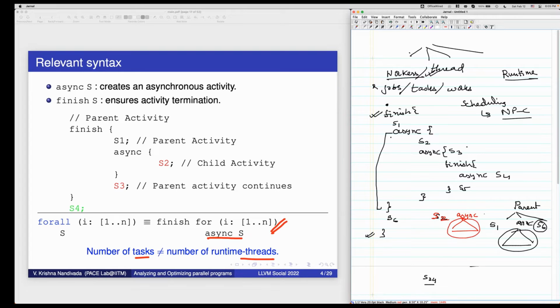If after this async there was a statement, this and this will run in parallel. Inside this triangle again, I have an S3 and a finish. After S3, this finish will start. Inside this finish, I have async S4 and S5. So S5 and S4 will run in parallel, and then they will wait for each other in the finish.